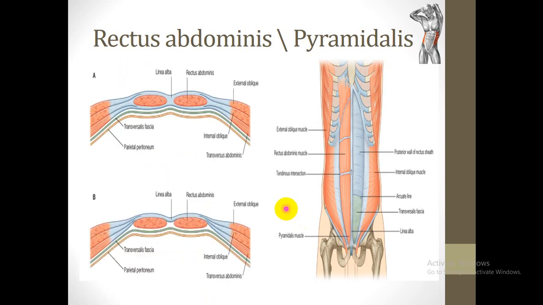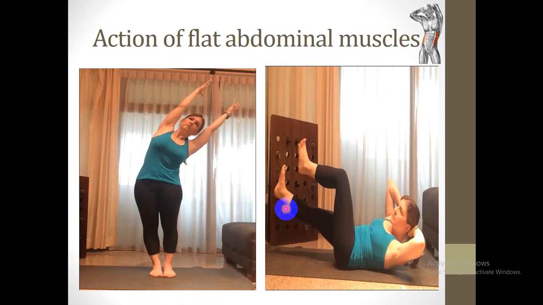So the action of these muscles of the anterior lateral abdominal wall is to flex the trunk and bend the trunk to the same side. Look at this muscle here, it is shown how it is contracted in order to do bending of the trunk to the same side. Also, it turns the anterior side of the abdomen to the opposite side. Here the anterior abdomen turns to the left side when the muscle on the right side contracts.